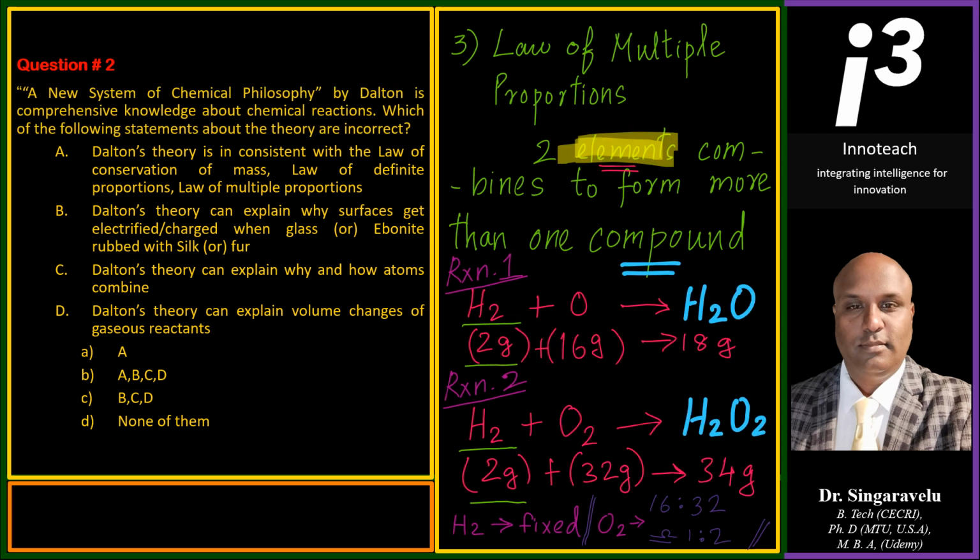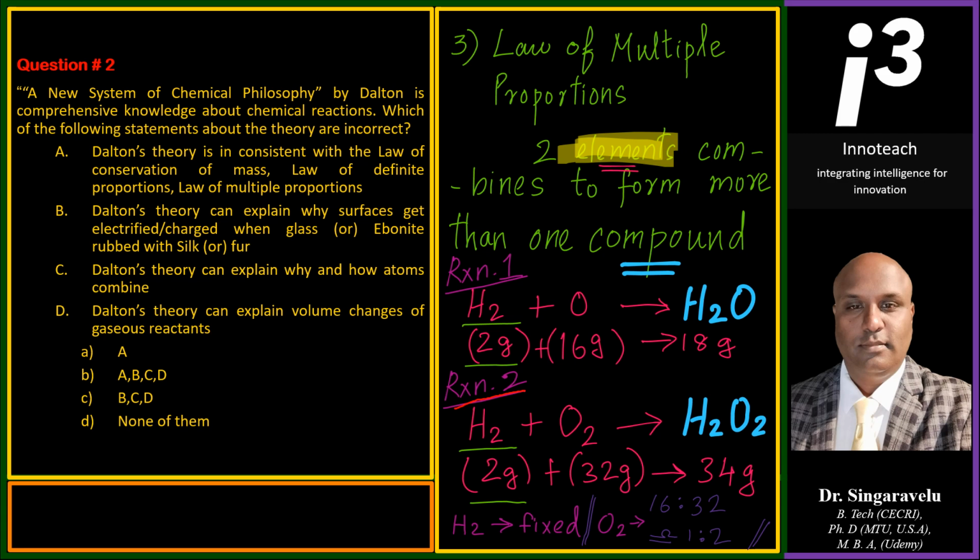All right, let's see the law of multiple proportions and what it means. It says that two elements combine to form more than one compound. How? For example, let's say how H2O is formed. H2 is hydrogen gas and it is 2 gram, and now we take the monoatomic oxygen, which will weigh 16 gram, and combination of these two will yield H2O that will weigh 18 gram, and that's reaction 1. And now we go to this reaction 2,